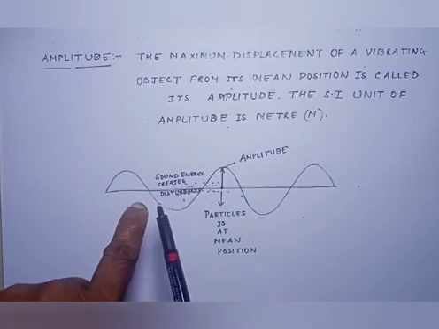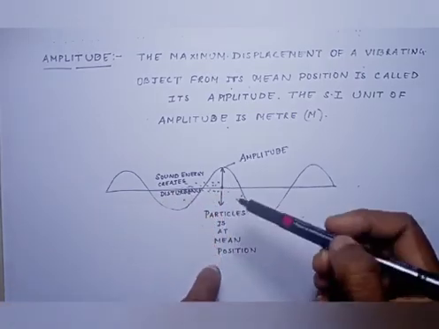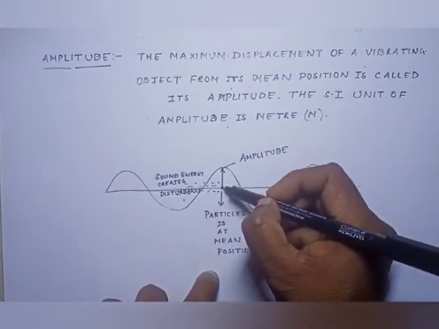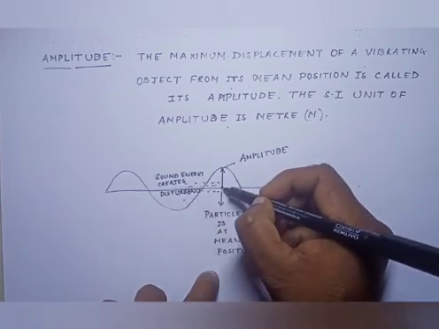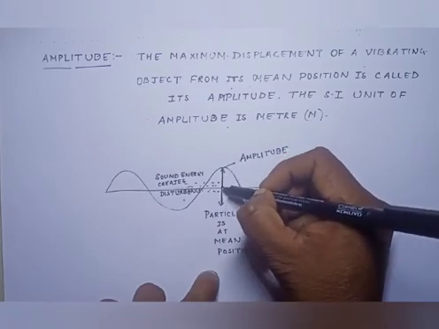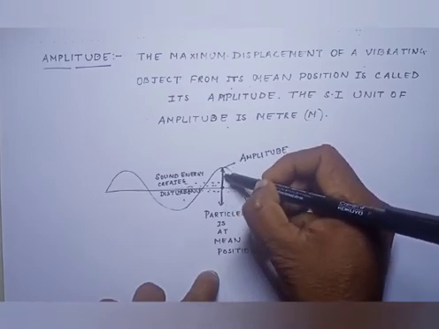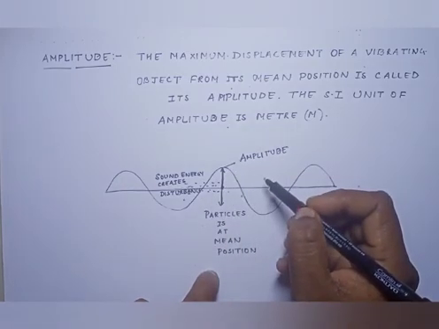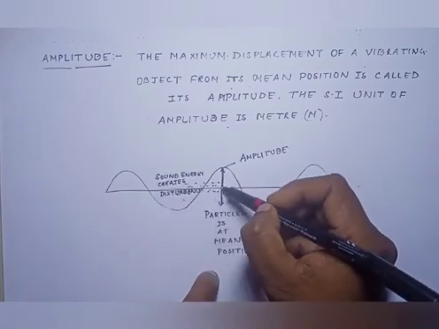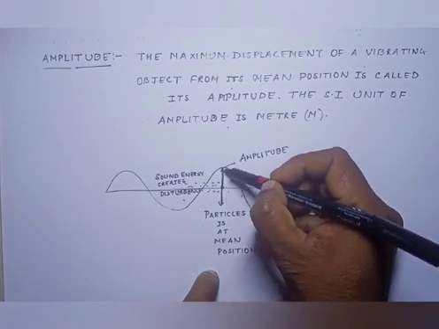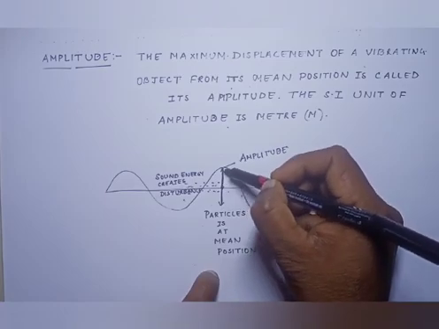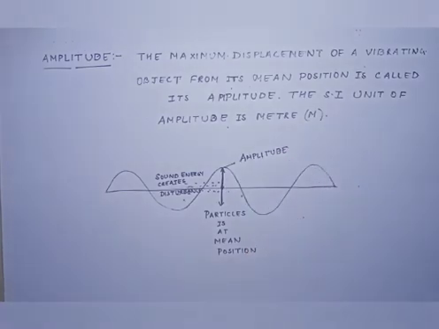When sound energy is given to this particle, it starts vibrating around its mean position. So suppose it was over here, and when sound energy creates a disturbance in this particle, it is going to move here and here. So this displacement that takes place by the molecule is called the amplitude. Now over here the particle is at mean position, but when sound energy is given to this molecule, it starts vibrating about its mean position. So the displacement that it takes is called amplitude.